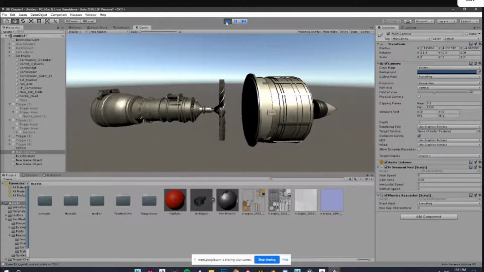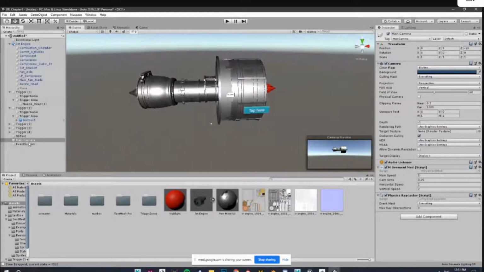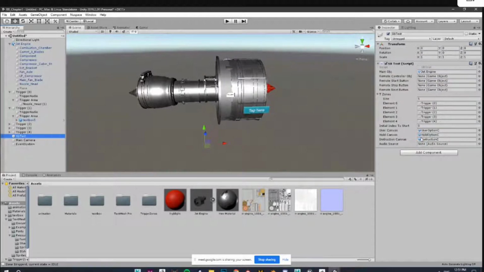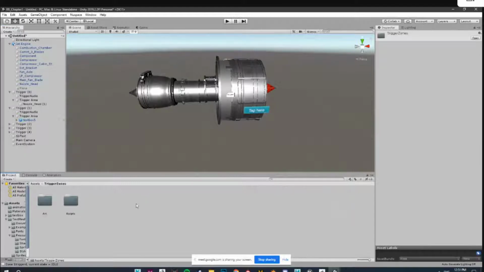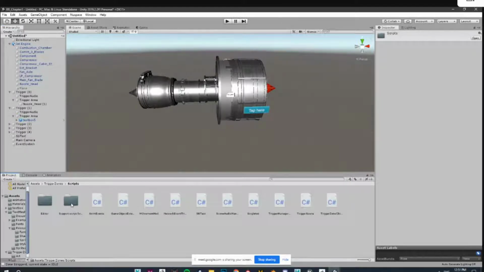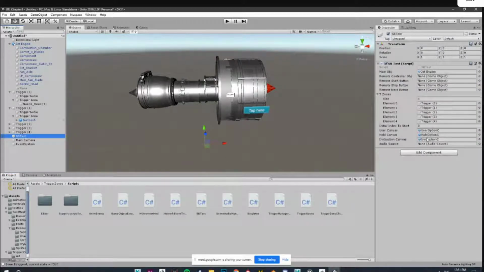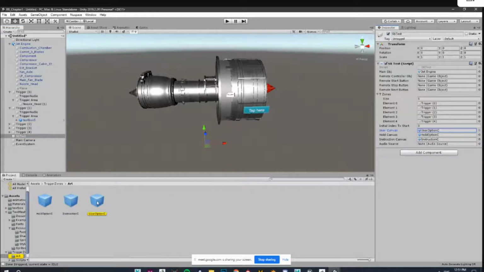Right. To do that, we go to our trigger zone setup, and in scripts we have this user canvas.